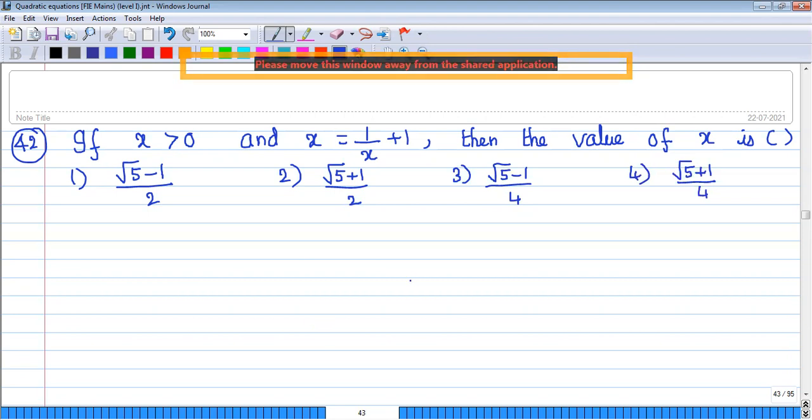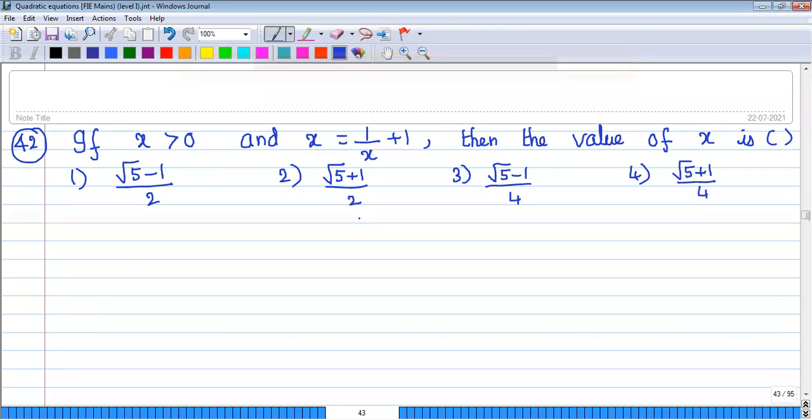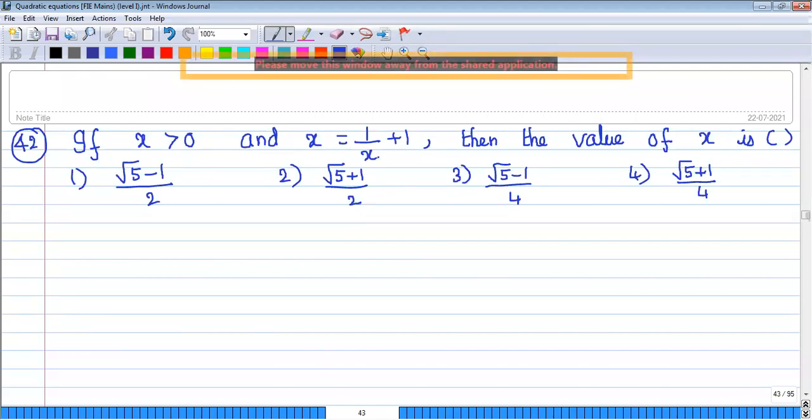Okay, first note down this question or take the screenshot. So try to solve this question. Just simply solving the quadratic equation itself, so that you will get the x value. Provided x greater than 0 means x does not equal to 0, because 1 by x is there, x should not be equal to 0. That condition should be mentioned in the question. Otherwise the question becomes wrong and ambiguous.